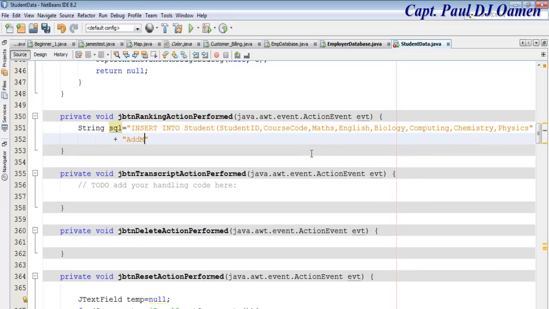Right. So I'm going to press enter so that you guys can see it, followed by add math, comma, and let's go for business. Have total score. I have the average. The average will be used to calculate the student ranking. Then we have ranking here. There. So what is left now is I will close this bracket here, enter values here,